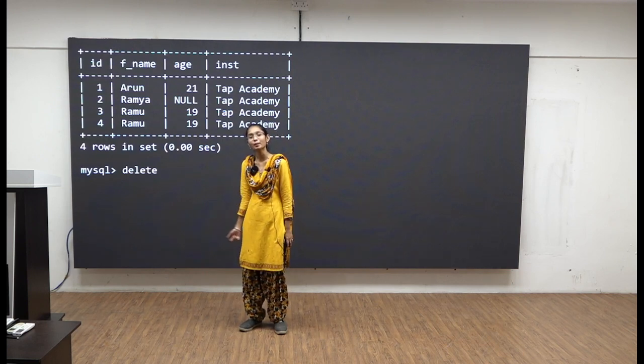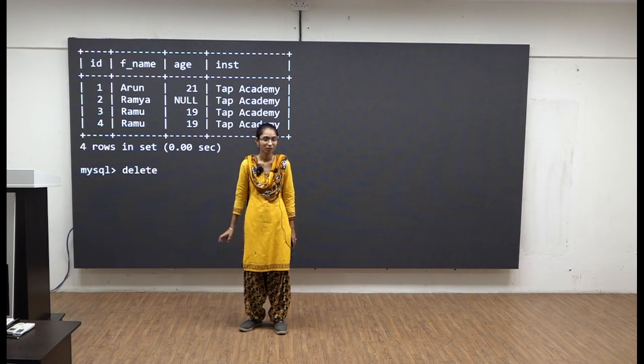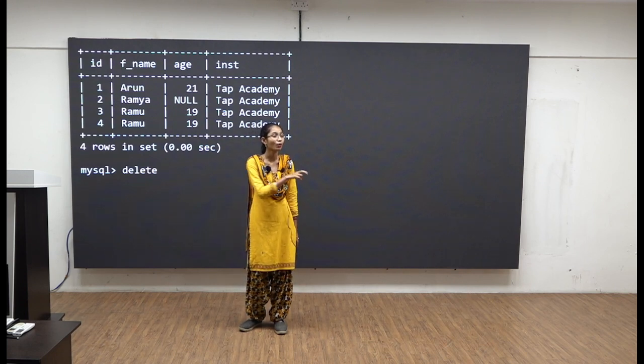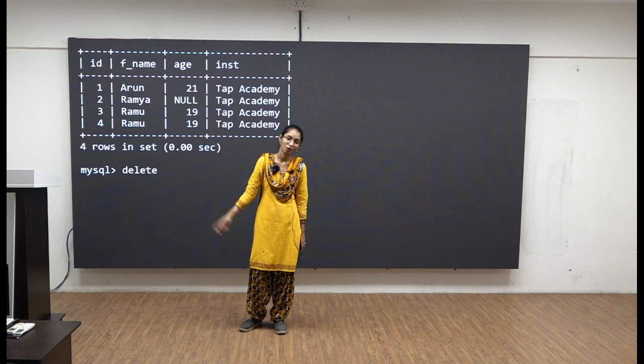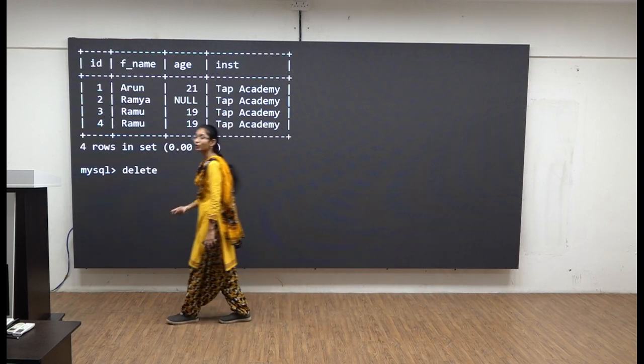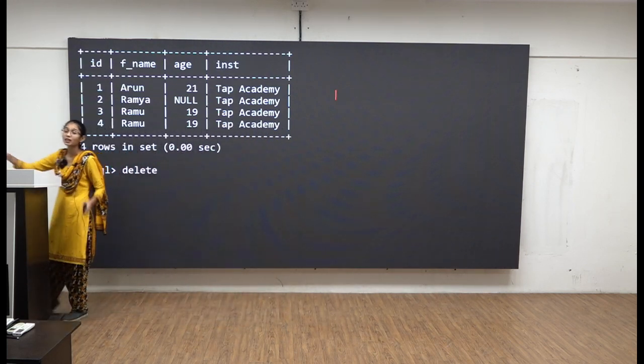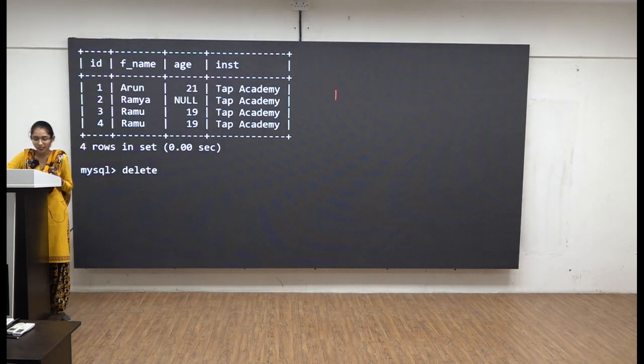Now what is my requirement? Entire record, not a column now. Now it is a row, now it is a record. So for that what should I do? I have to go with the delete command. So here I need to tell delete from which table? From the student